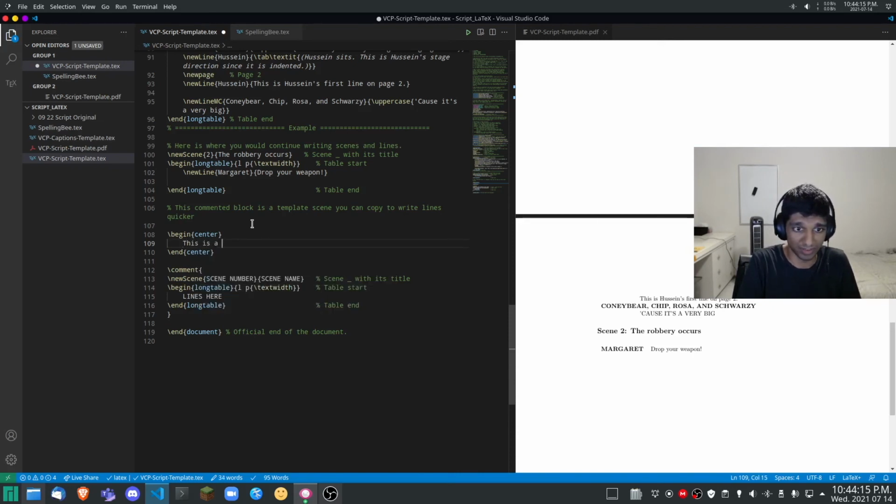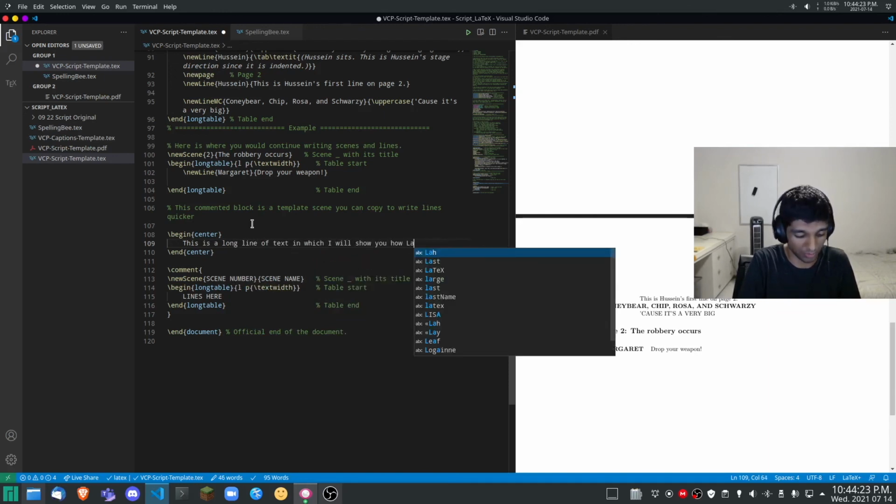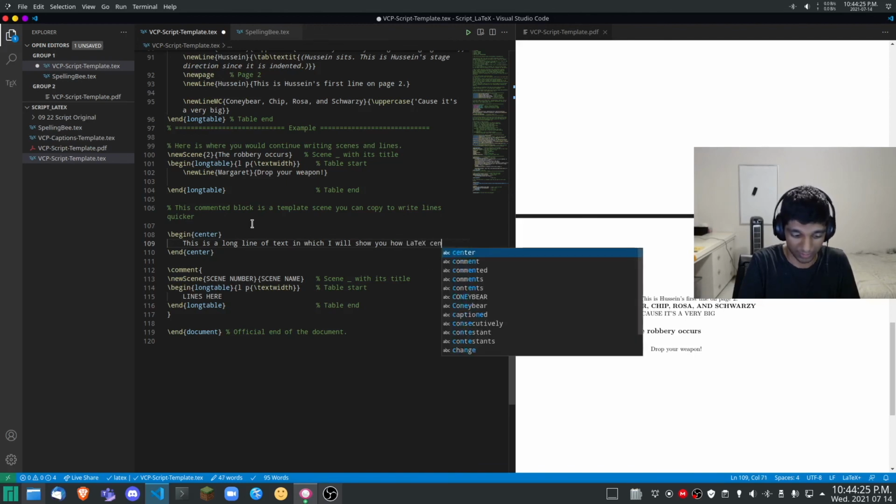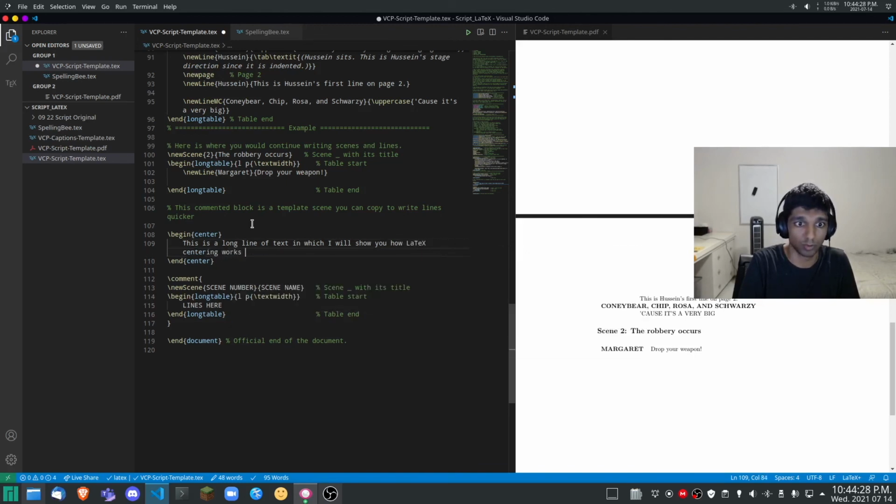This is a long line of text in which I will show you how LaTeX centering works in or on any device that can compile it.